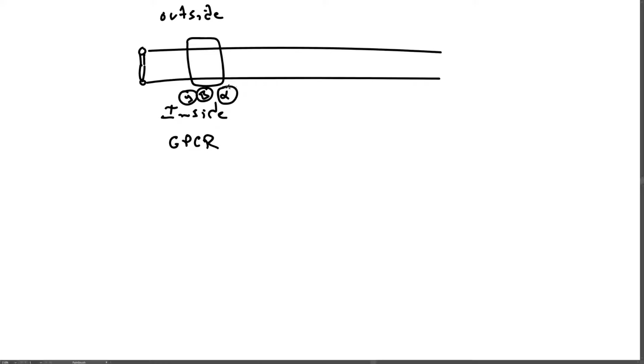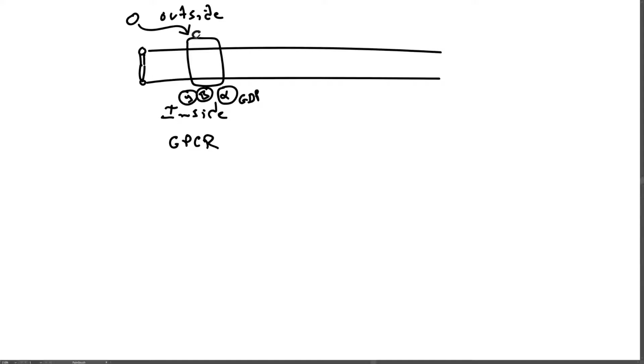And when the alpha subunit is associated with the receptor, it is bound to GDP, guanosine diphosphate. And when an odorant, in this case, this is their theory, that when an odorant or a ligand binds to the receptor,